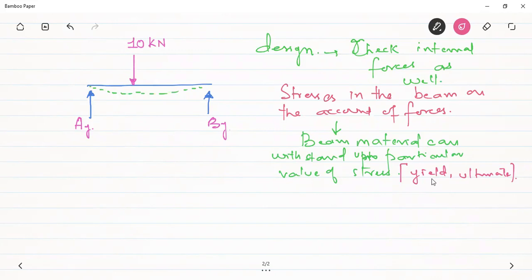So it is quite necessary to find what the internal forces are. The maximum internal force will give us the design criteria. We would like to see what the maximum internal force is. On the basis of that force, we will see what the maximum load the beam will carry. On that basis, we can design the beam. Because if that section of the beam passes the failure test, then every section of the beam will pass the failure test. That's why we design the beam for the critical point.